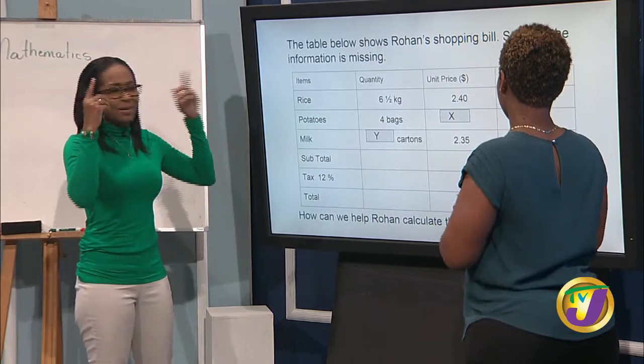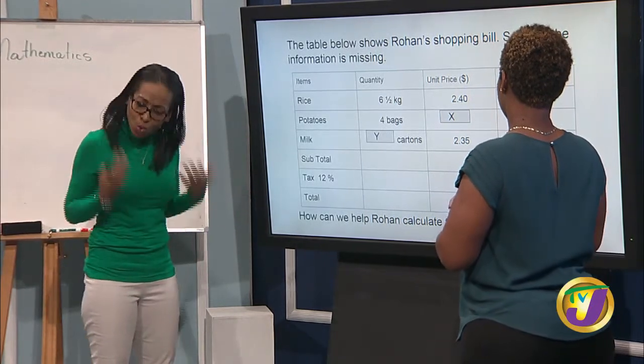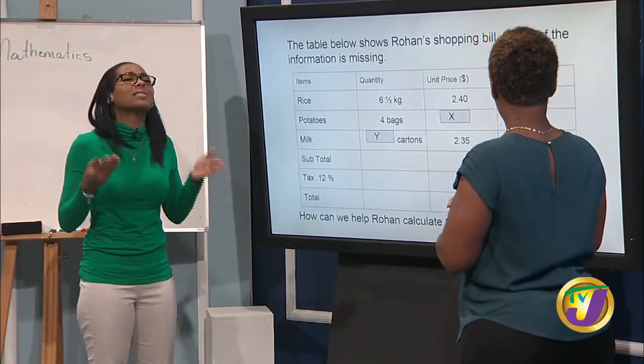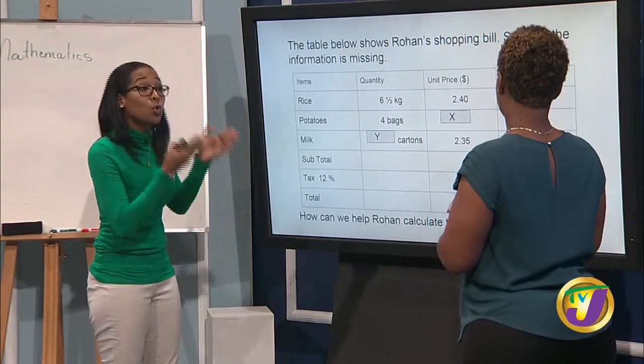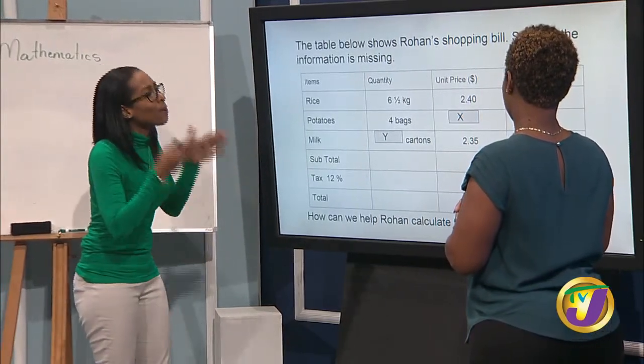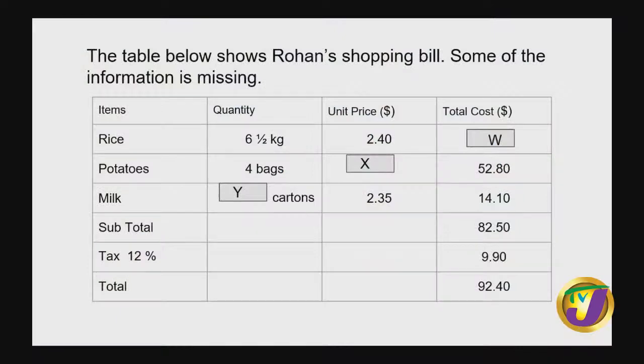If I can't multiply because I don't know the quantity, and the quantity is what I need to know, but I know the unit price and I know the total cost, all right, I'm going to divide, I'm going to split it up then. That's correct. So if you divide your $14.10 by $2.35, you definitely will get how many cartons you would have